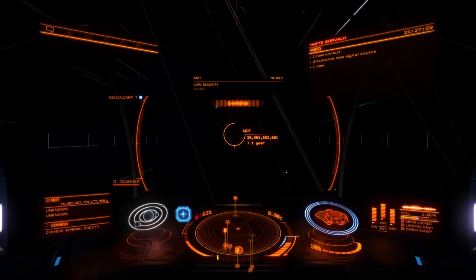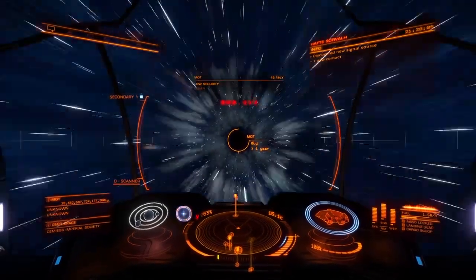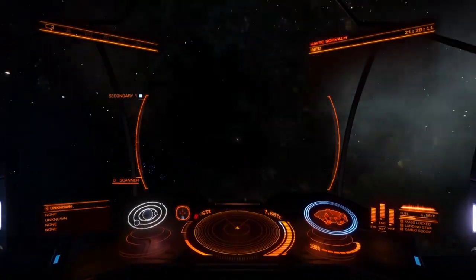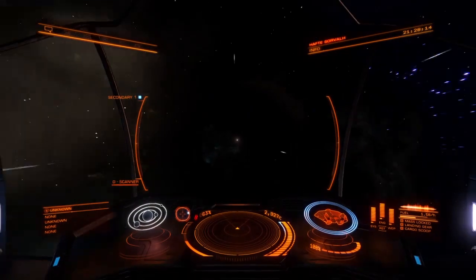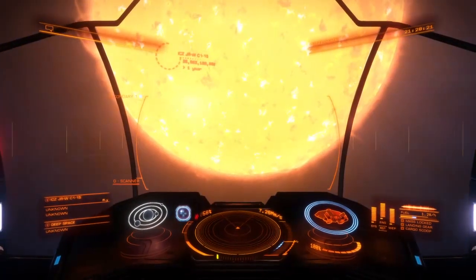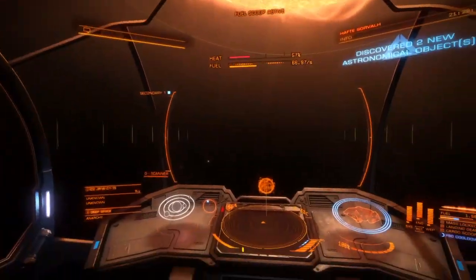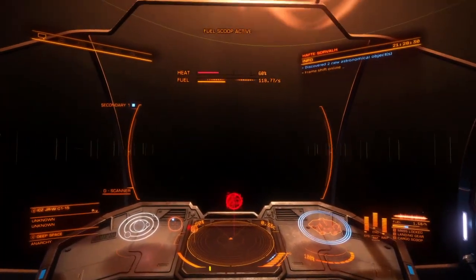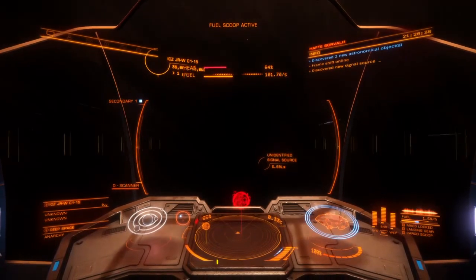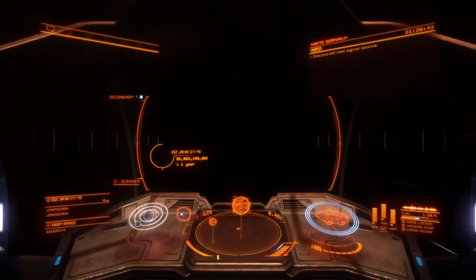And this is a Class K Mott. Wow, that's interesting. Look at that. Fuel scooping. Two stars, very close, so I need to watch my heat. That's fantastic though, isn't it? I know I've got to worry about time here, but